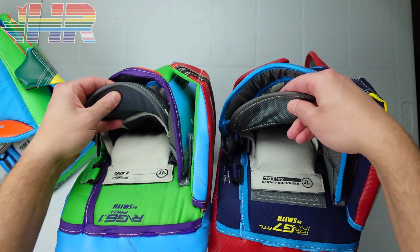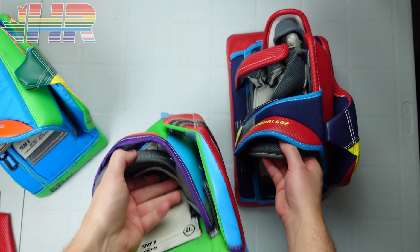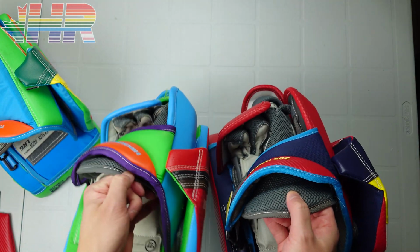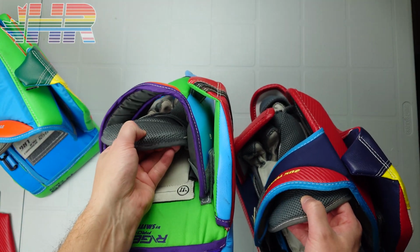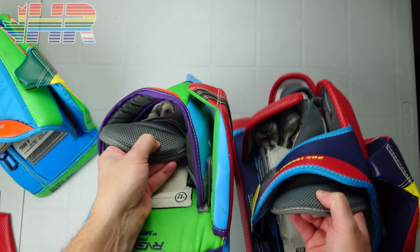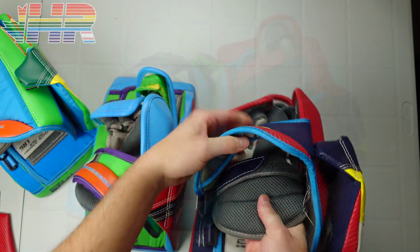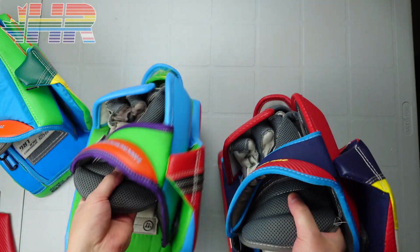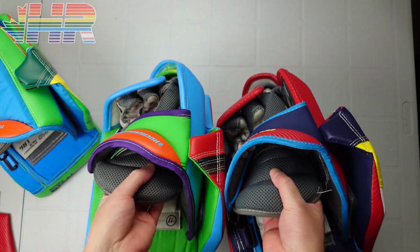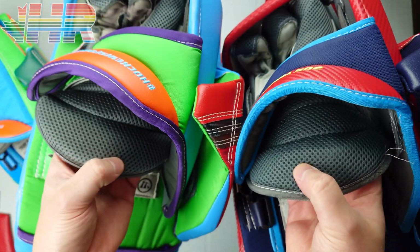The 6 feels softer to the touch, so I'm not sure what route they went there, but it's also a lot more padded. This piece right here has a lot thicker foam in it than this one does. This one is a lot thinner and doesn't really feel like it's made for protection, whereas this one does feel like it was added to add a bit of protection. And then the under pieces as well just feel like they are actually the exact same under here. So this air mesh is a slightly different gray looking,